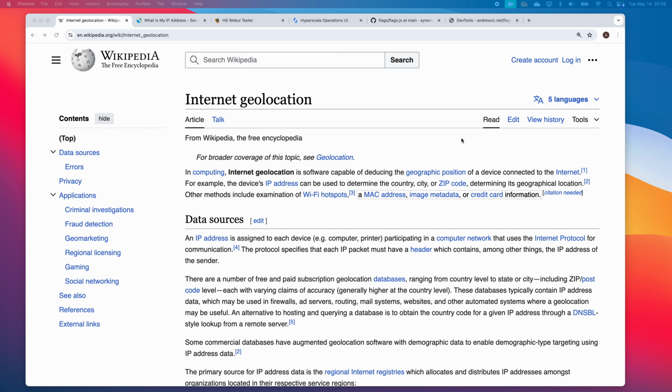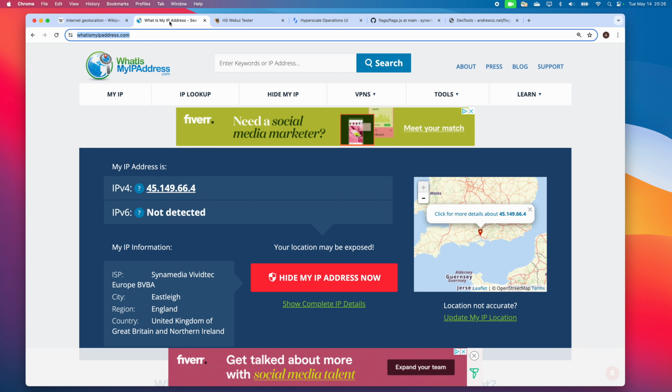Now, 5 syllables, but what does it really mean? Well, it's simply the technique of locating the client of a service based on the IP address of their device. You can restrict access to your content by territory or provide the user with a customized experience. If you want to try it out, just go to